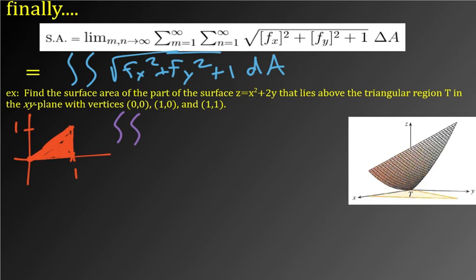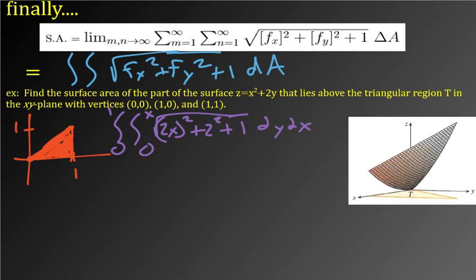Basically, we can do this if we do dy dx, right? So we go vertical first, dy, so we go from 0 up to y equals x, and then we're going to go left and right, so we go from 0 over to 1. And then we'll plug in the inside of this stuff. So we have the partial of this thing with respect to x is 2x, so we have 2x squared. Then we have the partial with respect to y, which is 2. So 2 squared and then plus 1,